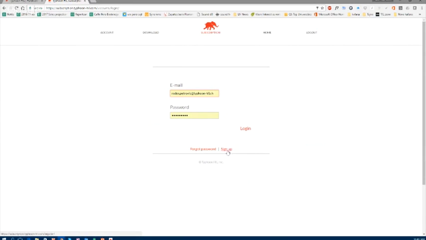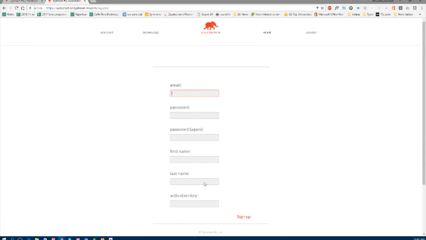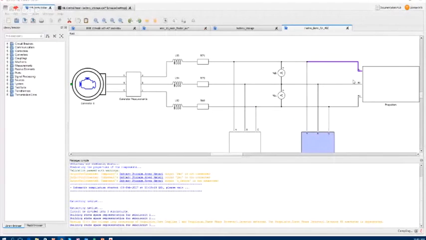Then you can sign up right here and use activation key to register that Mr. Rados Moria is going to provide you with. So this is going to be a fully blown software environment with all the toolboxes and everything included to your license. So it's not just a free trial copy, it's a full-blown software that you can use.